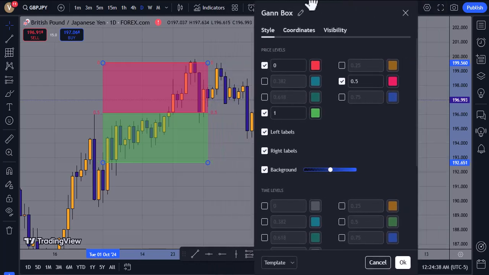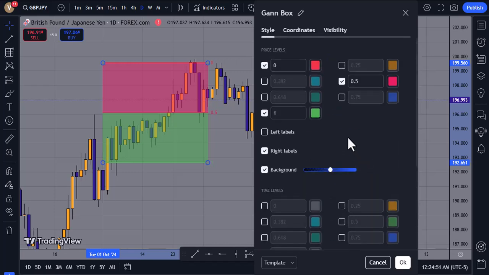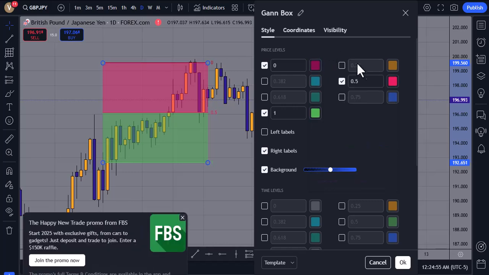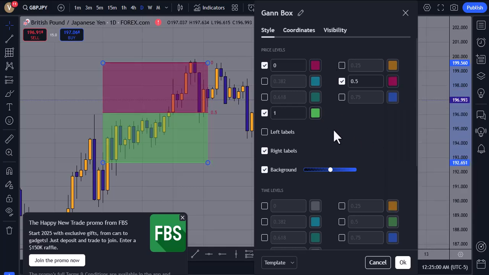Just a moment so I can see. So I don't want the left labels. Let me remove them. So the right labels are just okay. The background is fine, and I think it's cool this way. Okay, the 0 level, I think I can use this and use this one. So it just deals with a little bit going back and forth and all that. So this is the Gann Box,